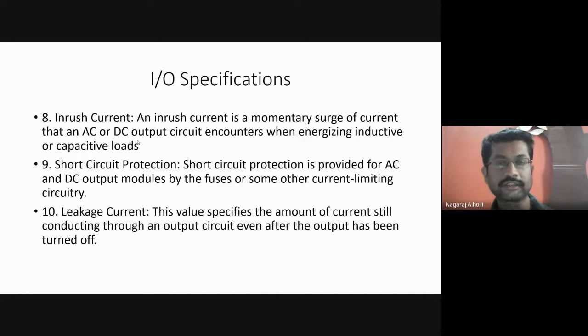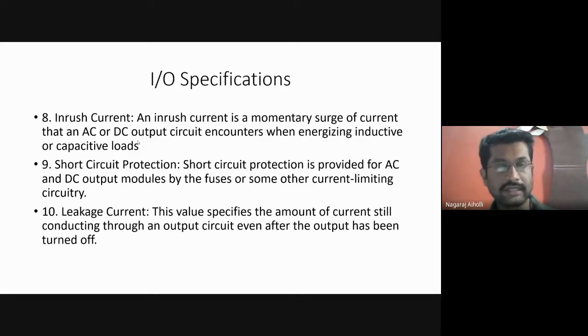Then short circuit protection, which is provided by the fuse. We know a fuse is an element made up of metals such as nickel, chromium, or an alloy of certain metals, or copper. The fuse provides protection to the other part of the circuit. When there is excess current, the fuse wire will burn out, and there will be no circuit between the input and the output. It becomes an open circuit, and thus it provides protection to the other part of the circuit.